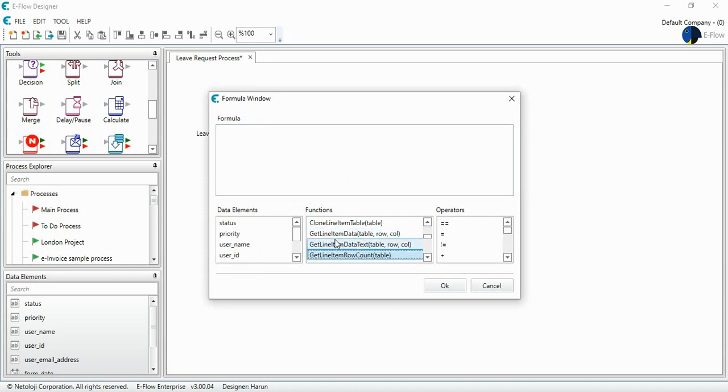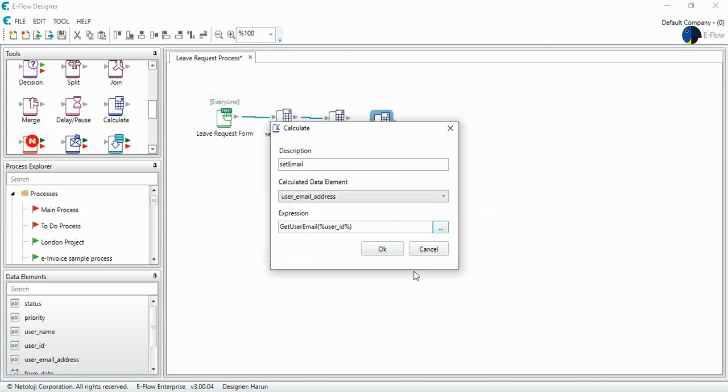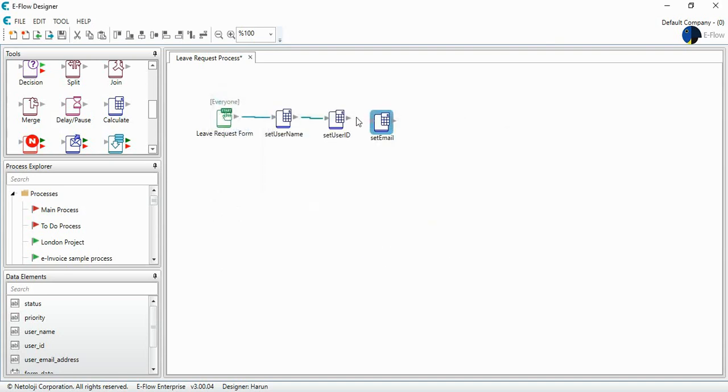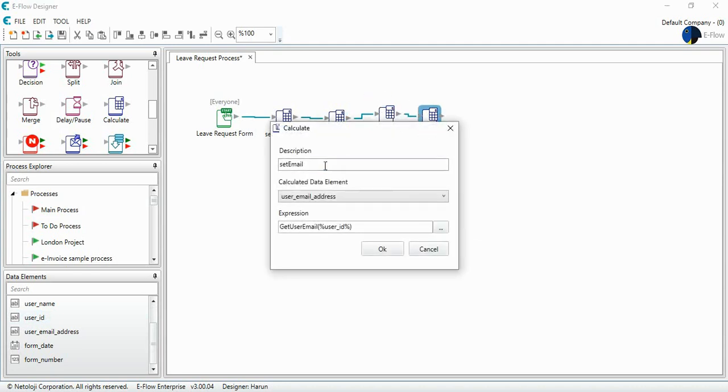It is get user email, and the user ID will be the user ID that I will calculate at the process. Okay, that's fine. I set the email, and then what do I have? I have the form date. I copy and paste this, and I set the